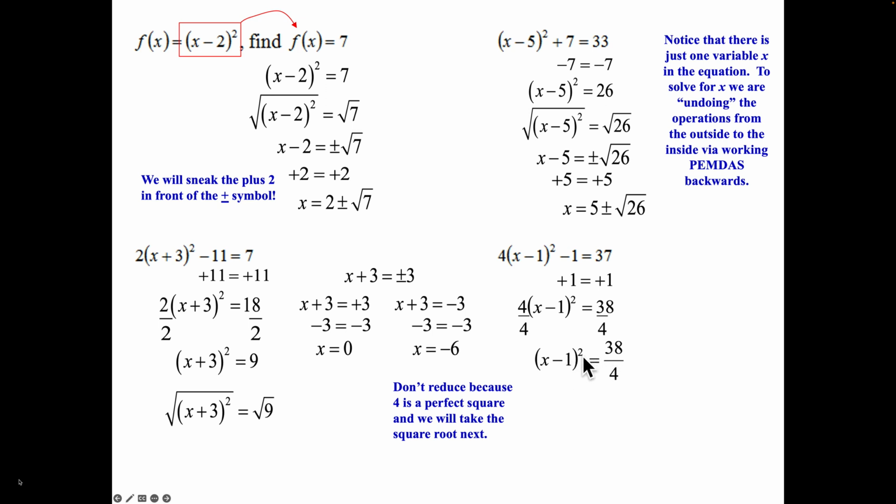My next step is to take the square root here, and I will have plus or minus the square root of 38, and the square root of 4 is 2 in the denominator. I'll add over the 1, put that in front of my plus or minus, and there's my final answer. Okay? All right, next,